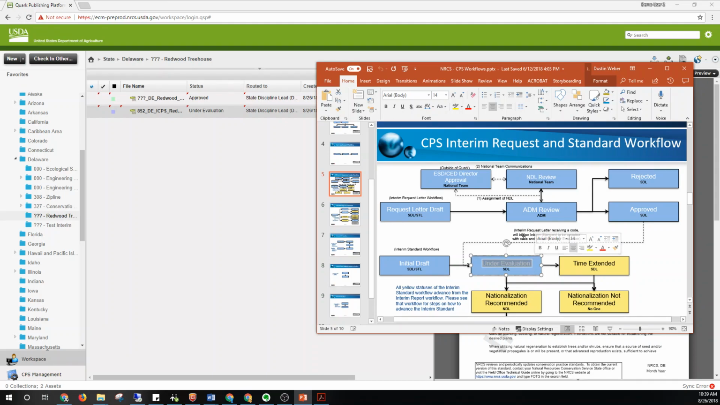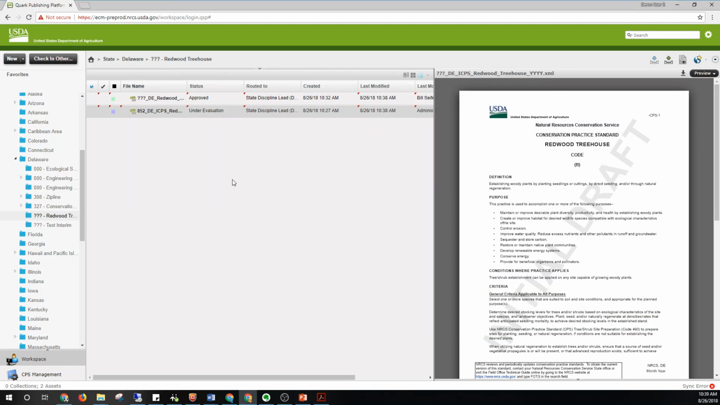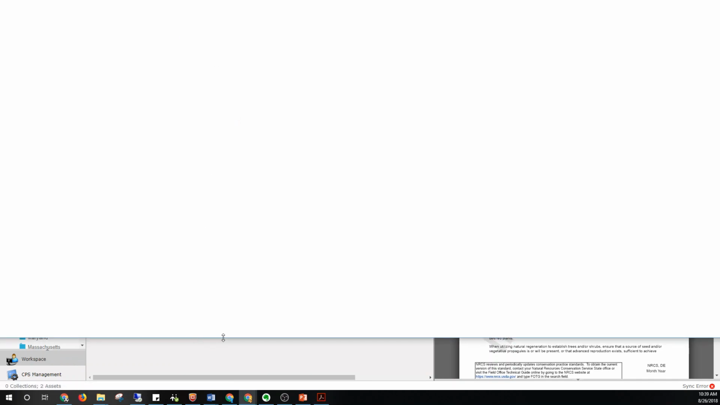So I didn't do this at the ADM step, right? As a state user, you're not allowed to change the purpose statement. You're not allowed to edit the definition components. So in order to transfer this interim to CPDES, the ADM has to componentize the definition and purpose statements for you. So as a state user, I'm going to check this out,